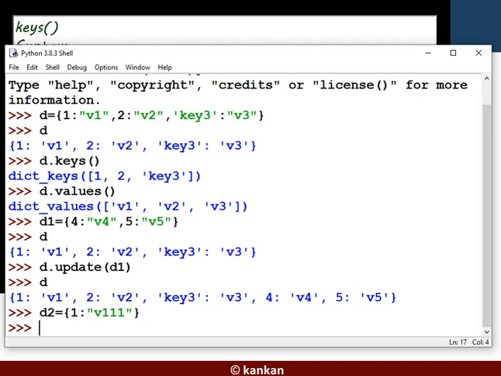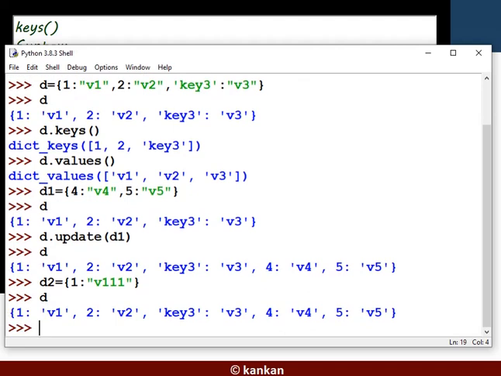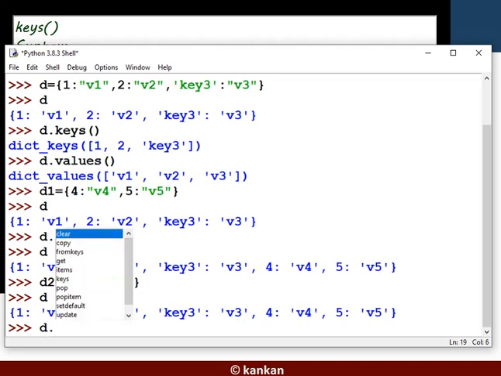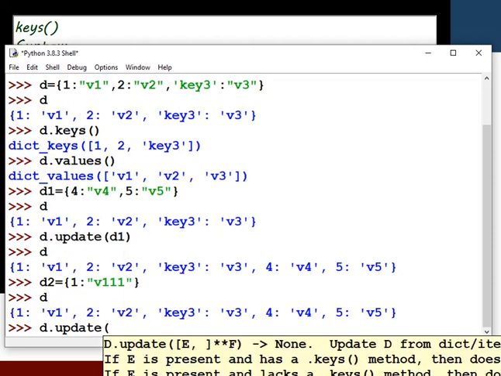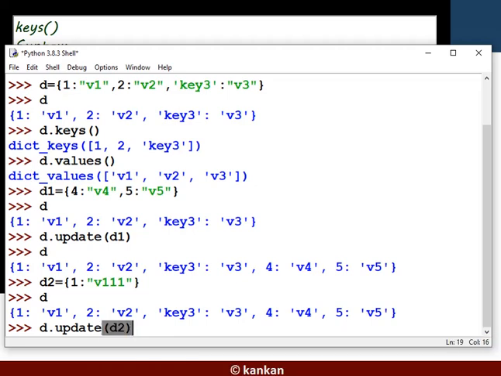In D2 I have added flat. Now display the value of D and add or update the value of D again. Another value can be updated with the object D2. Again it will be updated.